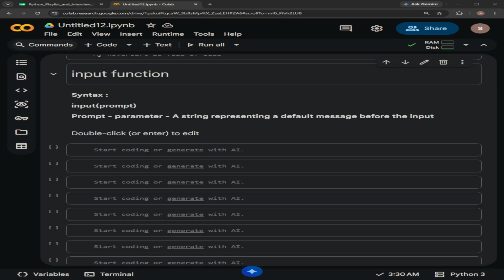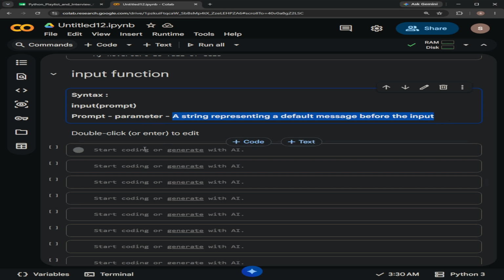So the syntax for the input function is input followed by prompt. Prompt is a parameter here. Whatever data we enter as prompt will be displayed as the output, and it will be asking the user to enter some data, and after taking the value it will complete the execution. For example, we can use the input function in this way: